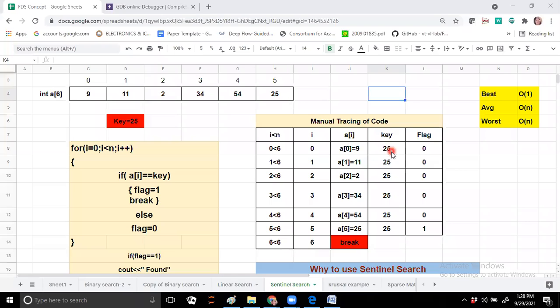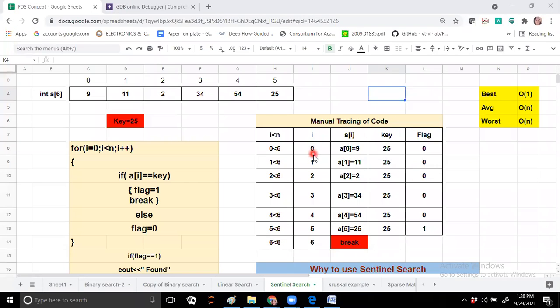So if I want to find the key 25, I will start with 0, where at a of 0 the element is 9, which does not match 25, so flag is set to false, that is 0. I will increment by 1. It always checks the condition whether i is less than n. So 1 is less than 6, but in a of 1 the element is 11, which does not match 25, flag set to 0. Then increment to 2, a of 2 is 2, not matching 25, flag set to 0.